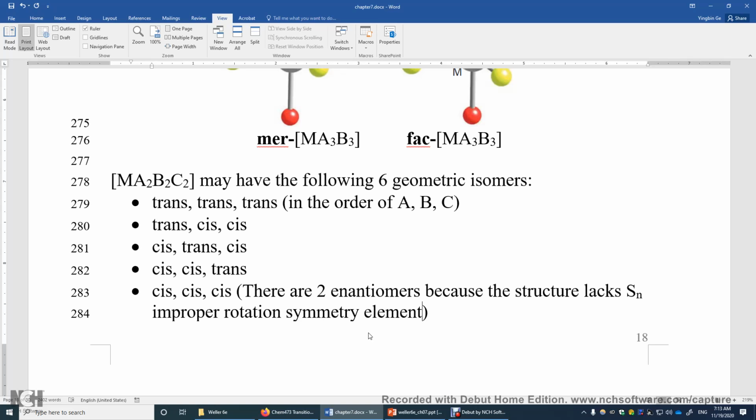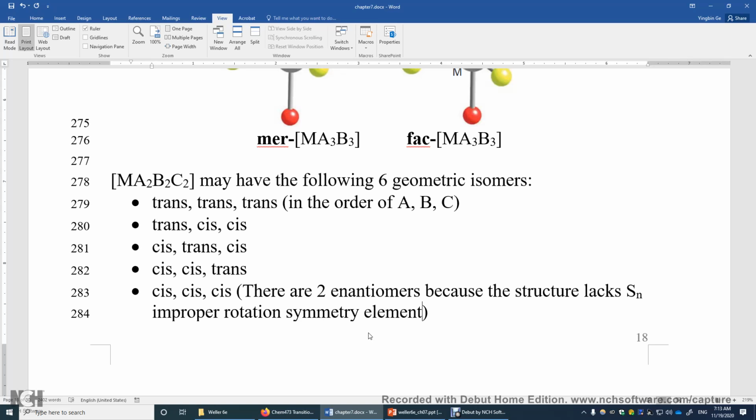What about S2? S2 means you rotate this structure 180 degrees about an axis, and then you do a reflection with respect to a symmetry plane that's perpendicular to that axis. In that case, S2 is equivalent to the center of symmetry. Why is that? This is because, let's say we rotate the structure about the z-axis 180 degrees, and